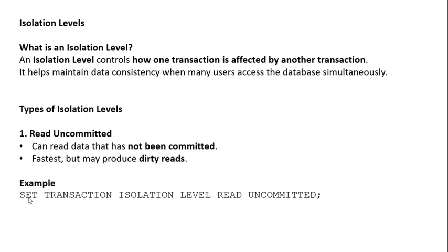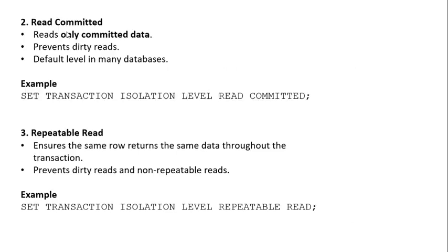An example: SET TRANSACTION ISOLATION LEVEL READ UNCOMMITTED; The second is read committed, which reads only committed data and prevents dirty reads, and is the default level in many databases. An example: SET TRANSACTION ISOLATION LEVEL READ COMMITTED;